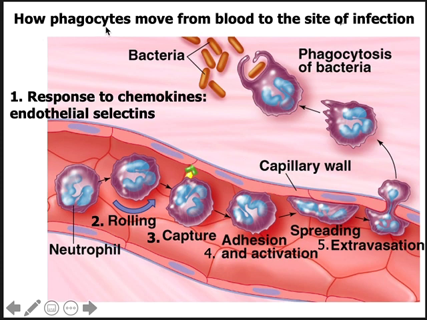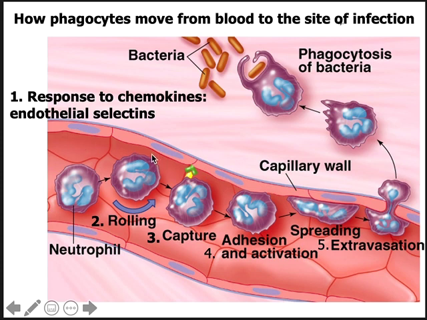Okay, so how are phagocytes able to move from the blood to the site of the infection? They're recruited. You get more of them, both because of your vasodilation, but also because they're attracted, right? Chemotaxis, they're attracted to the chemokines that have been released. Chemokines have been released from damaged tissue, and they're also released from the resident phagocytes that are saying, hey, we need help, we need backup, right? Okay, so then your neutrophils and your monocytes are going to get near the vessel wall,